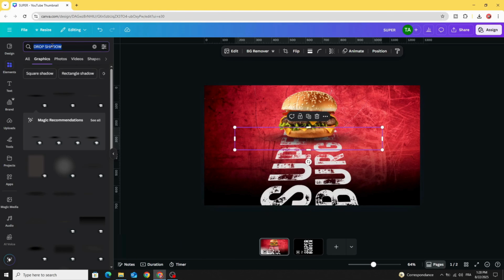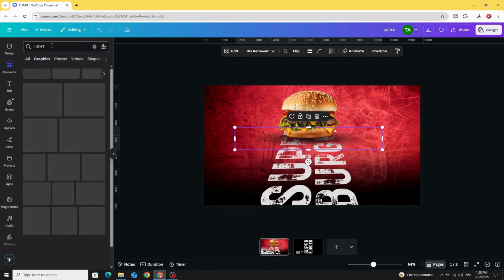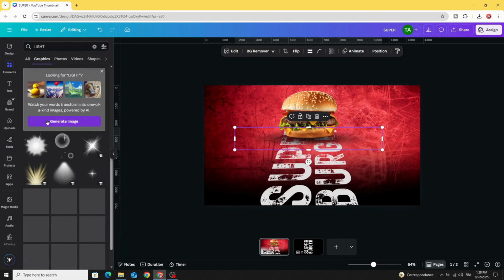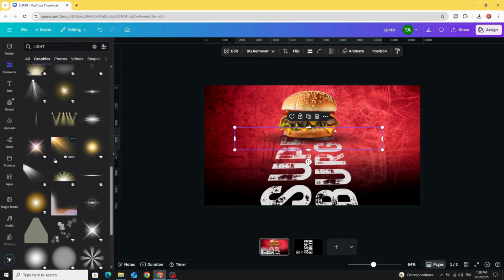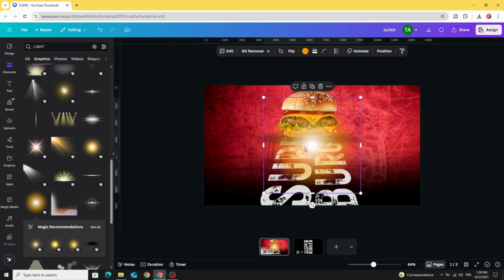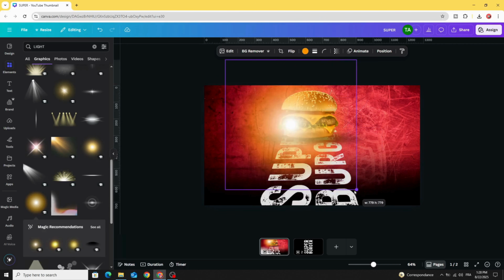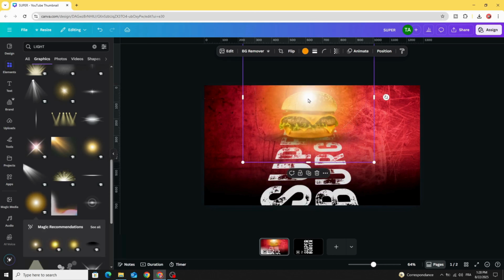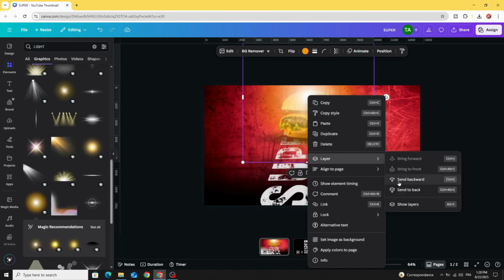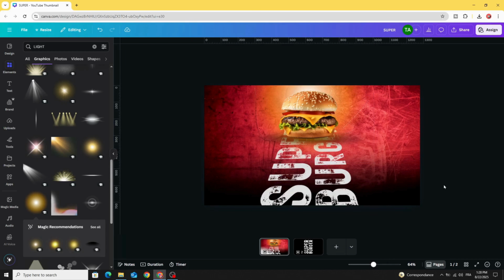Go to elements again and type light. Scroll down. Let's use this yellow light. Increase the size. Go to layer again and send backward. And here's the final